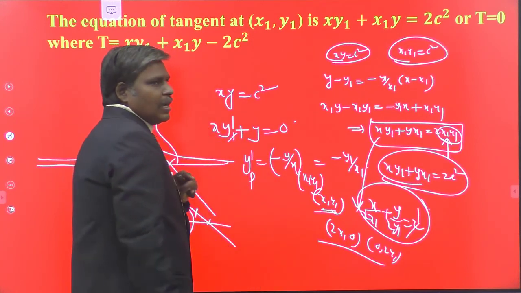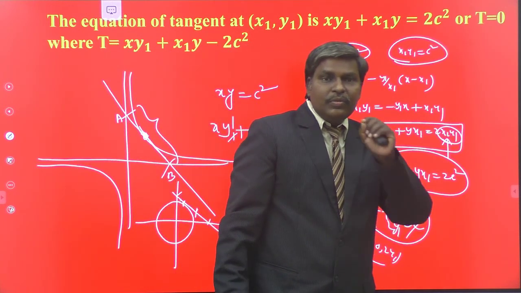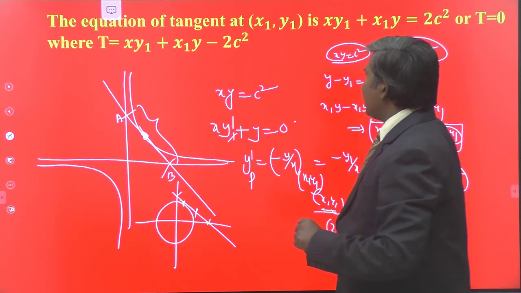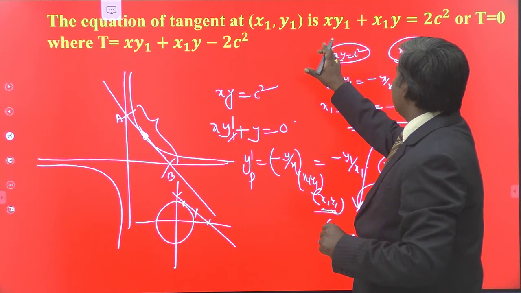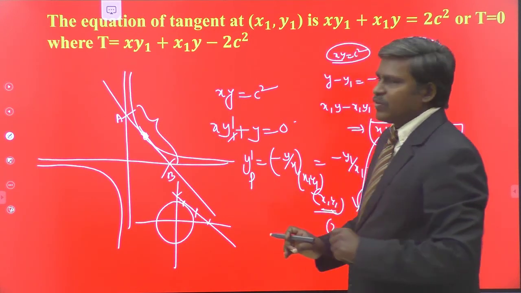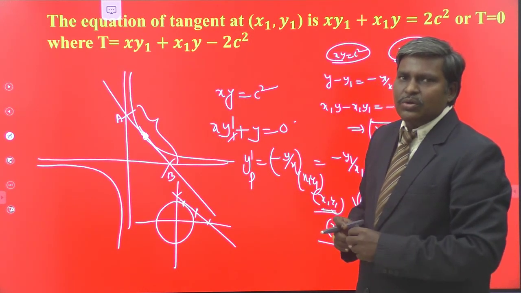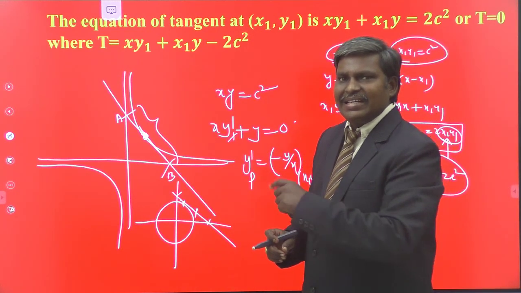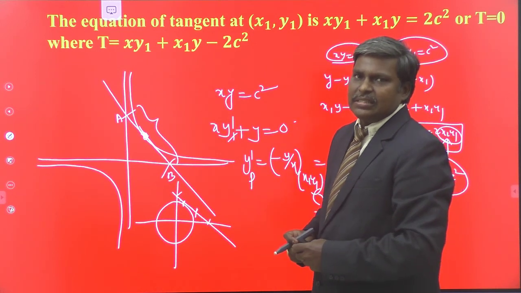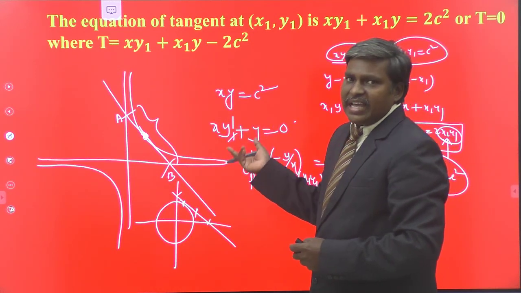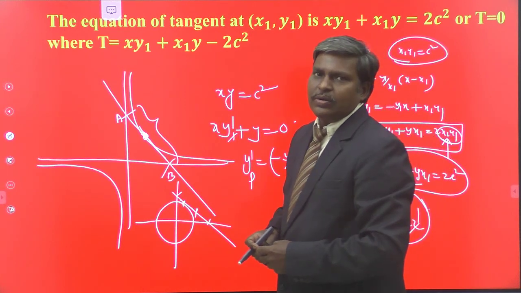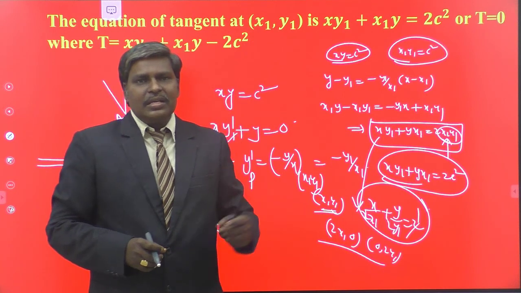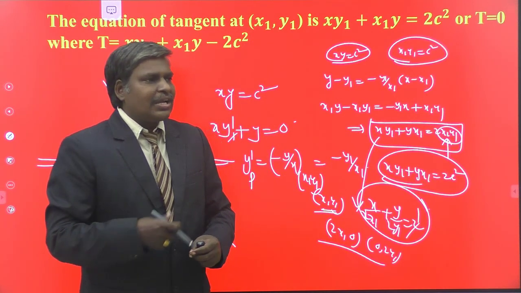That is why x1 comma y1 is the midpoint, which is the point of contact of the tangent itself. Understand? So in this manner, we can write the equation of the tangent at the point x1 comma y1 to xy equals c square, and we also conclude that the point of contact itself is the midpoint of the portion of the tangent intercepted by the coordinate axes. These are all very important properties of xy equals c square. This is the standard equation of the rectangular hyperbola.